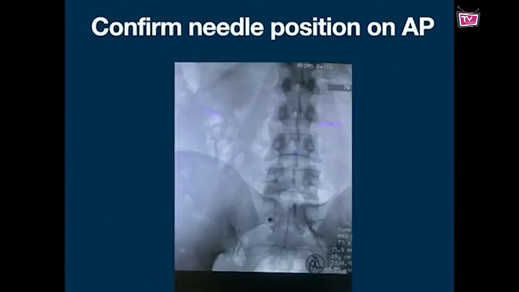Similarly, here, this is for the S1. You can see the S1. So squaring, as Dr. Dhruv already demonstrated, should be perfect. The level you are targeting, the vertebra, should be squared. It should not be oblique. So this is the S1 foramina. This is the end-on view. You can see you are not able to see the tip. The other side, we have already done the block here. So this is one.